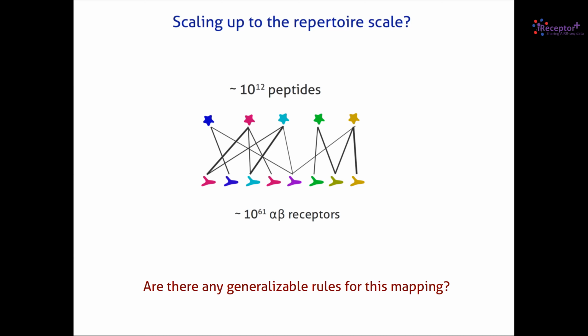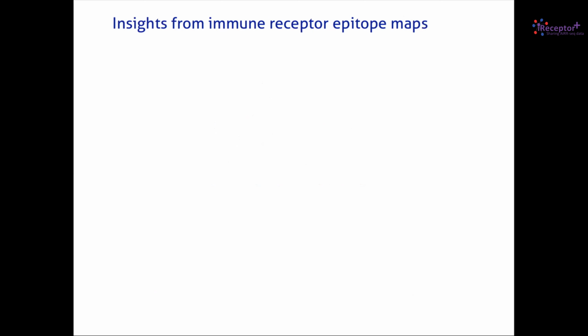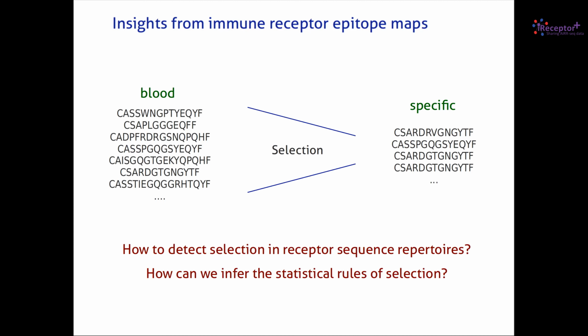And we have started to think about this question a bit, and today I want to share with you some of the preliminary progress that we've made on this question. And so we went back to the very basics to ask what can we learn from immune receptor epitope maps,